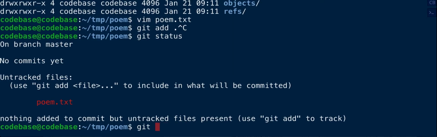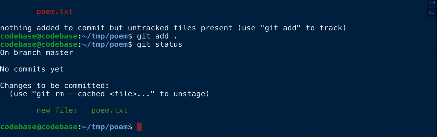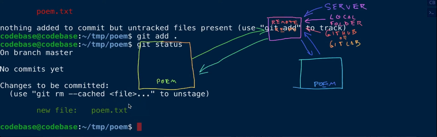And the third command that we're going to learn is git add dot. And that adds the poem inside your staging area, and we'll talk about what the staging area is. And now I'll do git status, no commits yet, changes to be committed. So essentially, this is in our staging area. And in fact, we can kind of see that it's in our staging area because it uses the word